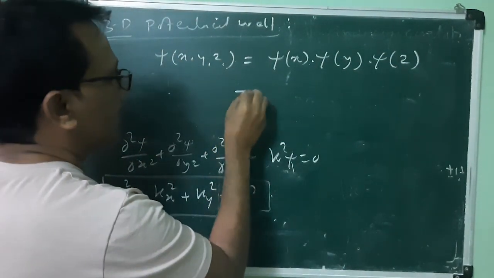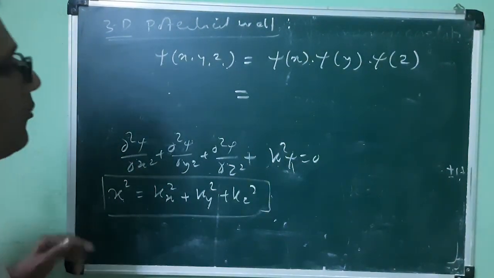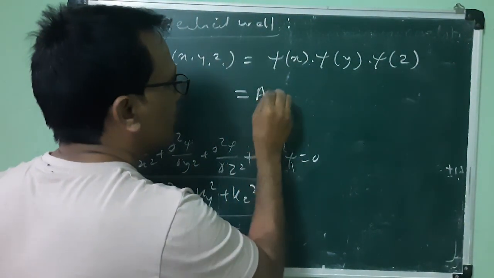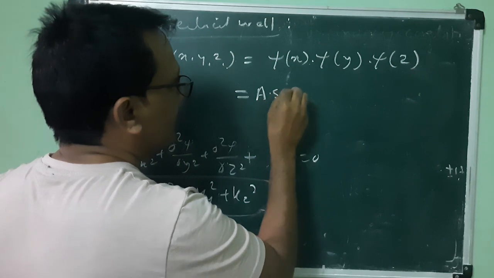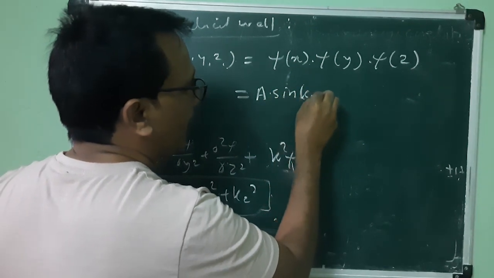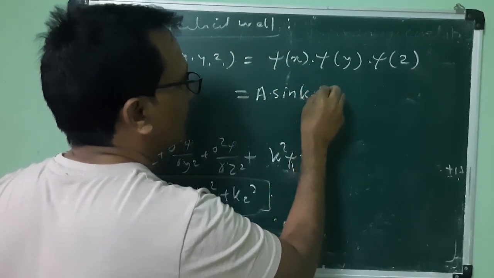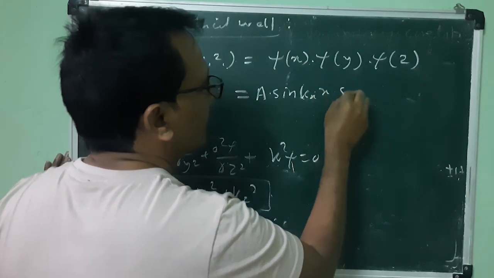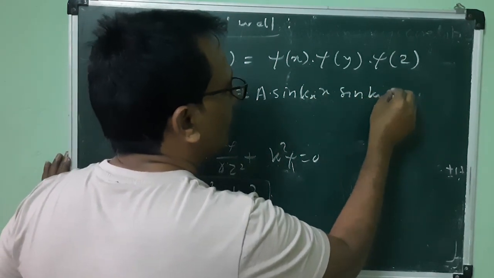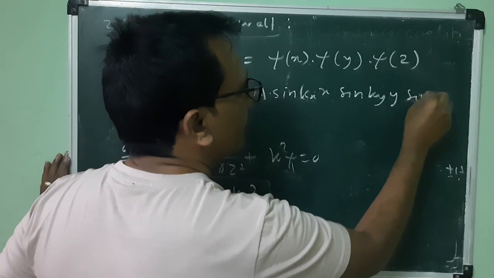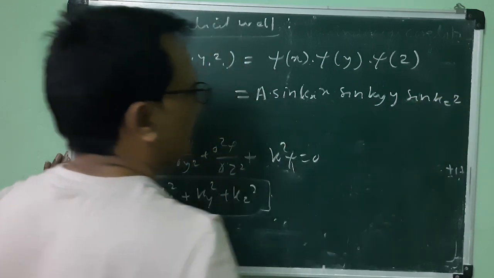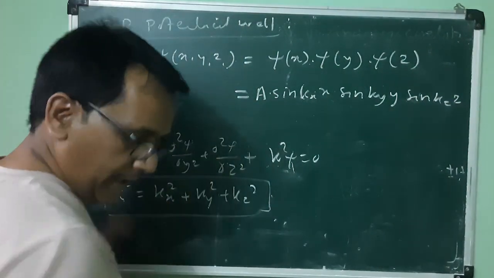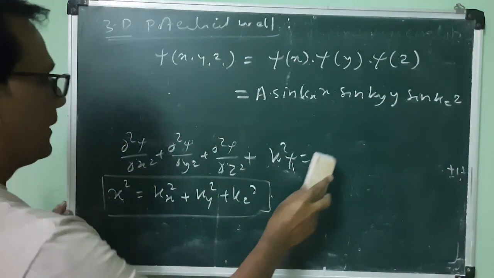Using the similar method and similar boundary conditions, we will have a constant A, and sine kx x, multiplied by sine ky y, multiplied by sine kz z,